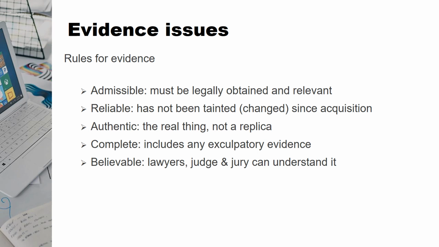Third, there is authenticity, which means the evidence must be original, a real thing, not a replica. It must be original or a verified exact copy, not a replica or forgery. For instance, forensic imaging tools like FTK Imager create bit-for-bit copies to preserve authenticity. Fourth, there is completeness. This demands that all relevant evidence be included, even if it might help the defense, which is exculpatory evidence. Omitting such evidence can lead to wrongful convictions.